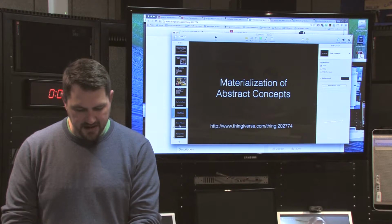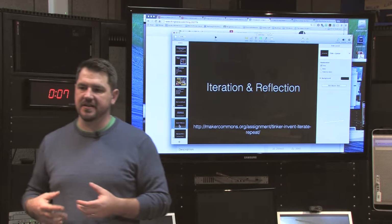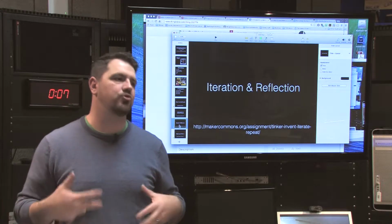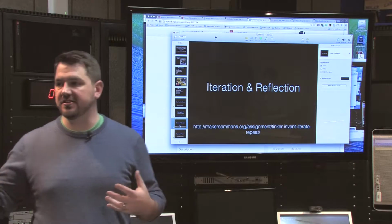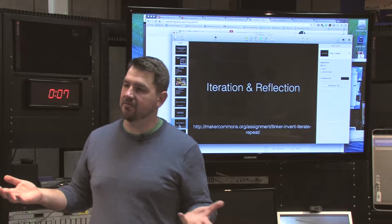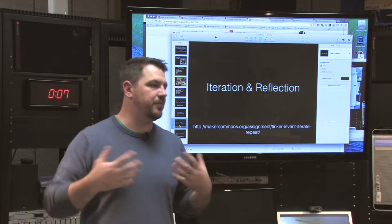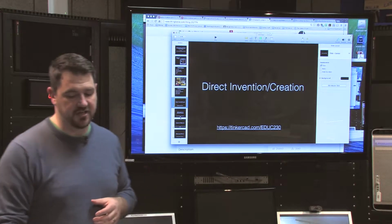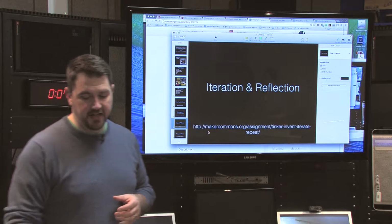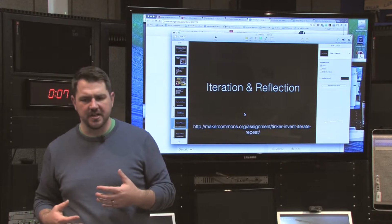So we also have iteration and reflection. Now this is one of my favorites because this engages groups in the classroom, in addition to really engaging the student-teacher relationship. As students are creating or coming up with an idea, and this really works with the direct invention and creation model. But iteration and reflection, in my classes, what we do is we look at